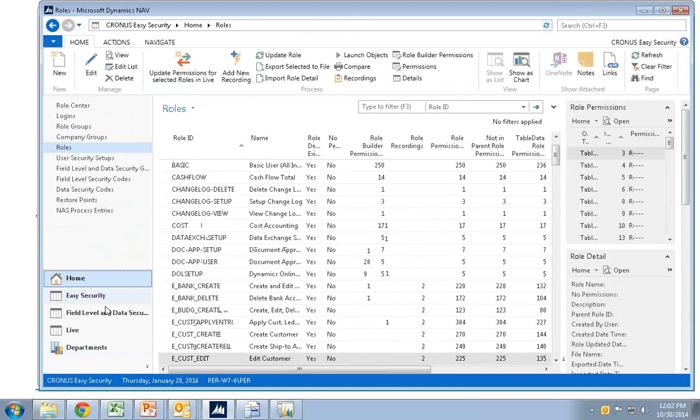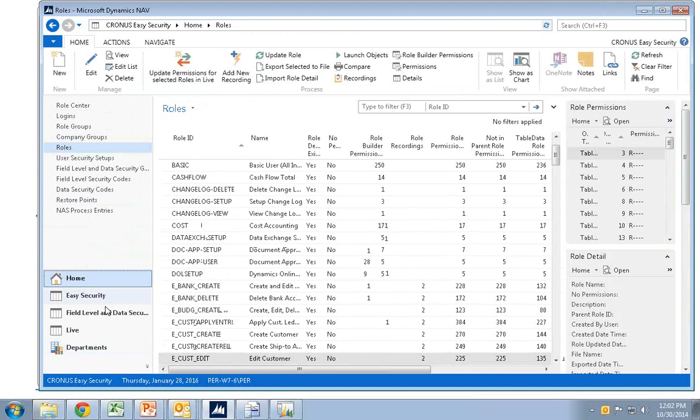Lanham Security works in the classic environment. There's no Lanham Security in the RoleTailored environment. Basically, for the classic environment, what is happening is very, very similar. So if you have Lanham Security and field level security, you would get very similar functionality for the fields, but you would of course also be able to control the buttons in here, and the data security is a lot more flexible with this setup than it is with the Lanham.